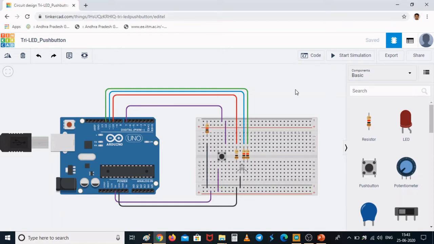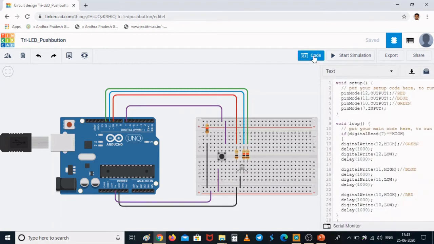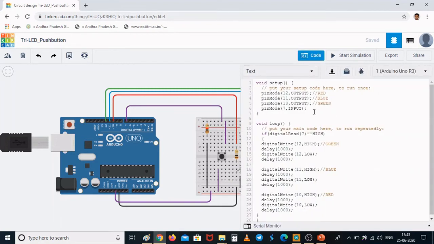So now let us see how I can modify the code in order to see how my LED can be controlled using this push button. Okay, look here. In the void setup function, in addition, what I have done is I have assigned pin 7 as mode input. So I made pin 7 an input, so that whenever I press the push button, my pin 7 can be made high. When I don't press the push button, my pin 7 can be made low, right?